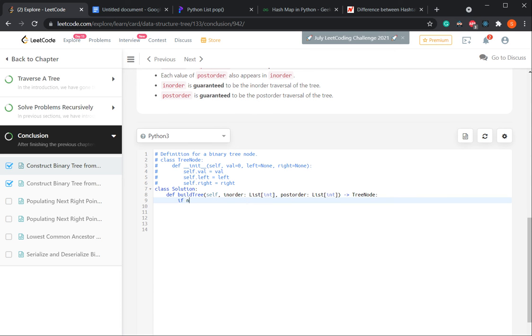So if not inorder or not postorder, then return None.